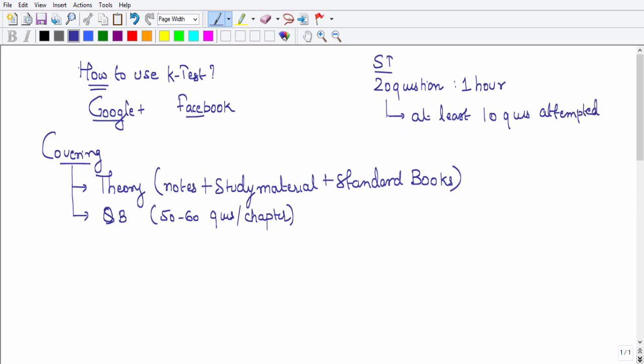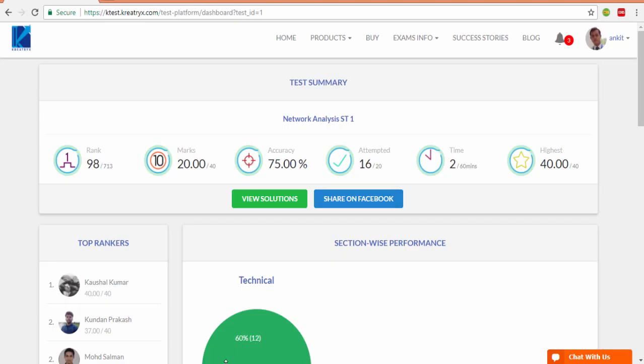So what I'll tell you is, in subject test, Creatrix has 20 questions. So keep a threshold. This test is for 1 hour. So threshold should be at least 10 questions attempted. This is at least. You can have more than this but not less than this. Okay. And secondly, target an accuracy of 80 to 90% from the starting. That should be your target. Okay. You should not attempt less than 10 questions, and at the same time your correct answers should be 80 to 90% of the attempted ones.